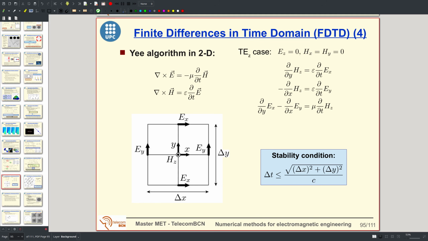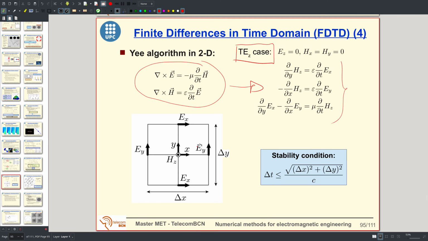But in practice, the problems that we have are two-dimensional or three-dimensional, because one-dimensional problems are only pedagogic to learn the method, but real problems are in 2D or 3D. So in 2D we have to discretize the Maxwell's equations, and we get this. Of course we have to distinguish between TE and TM cases, but for the TE case we have these equations,